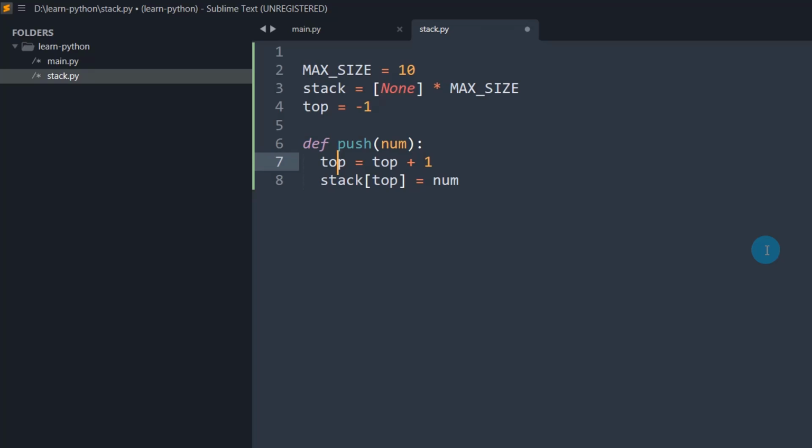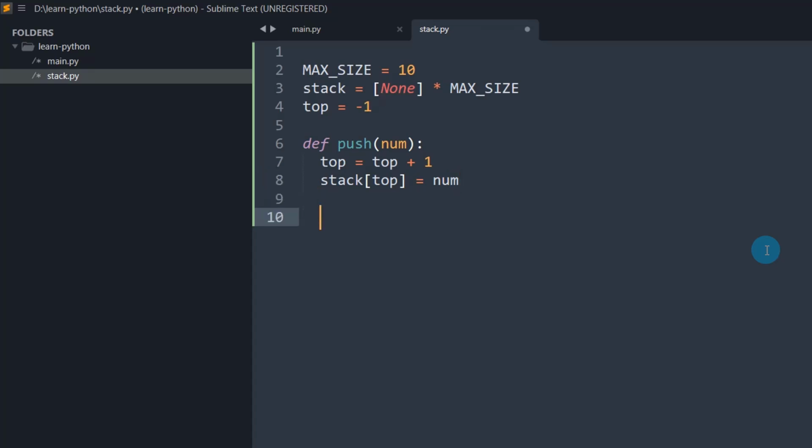That means we are doing top equal to top plus 1 here, and after incrementing the top, we are doing stack of top equal to number. Initially there are no elements on the stack, correct? So the top is -1. When you insert the first element, -1 plus 1 will become 0. That is stack of 0 equal to the new number. That means you are going to insert the first element at index 0 in the array stack.